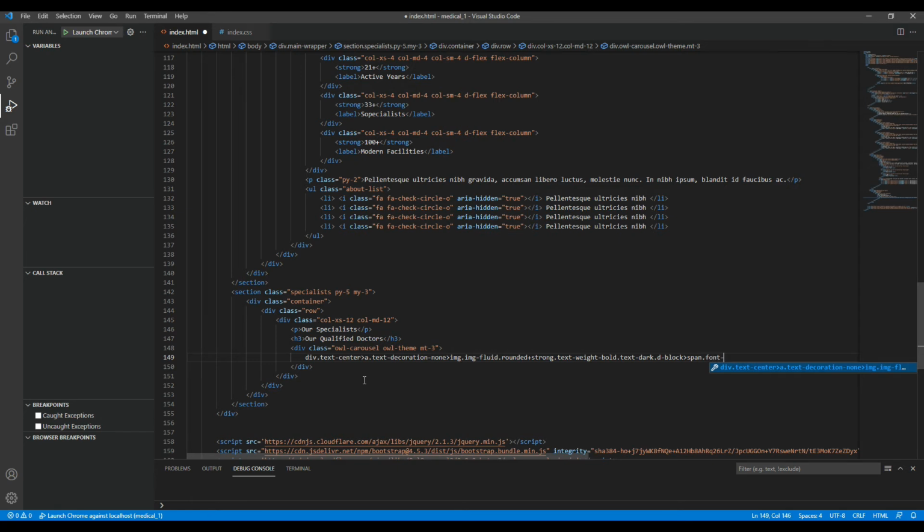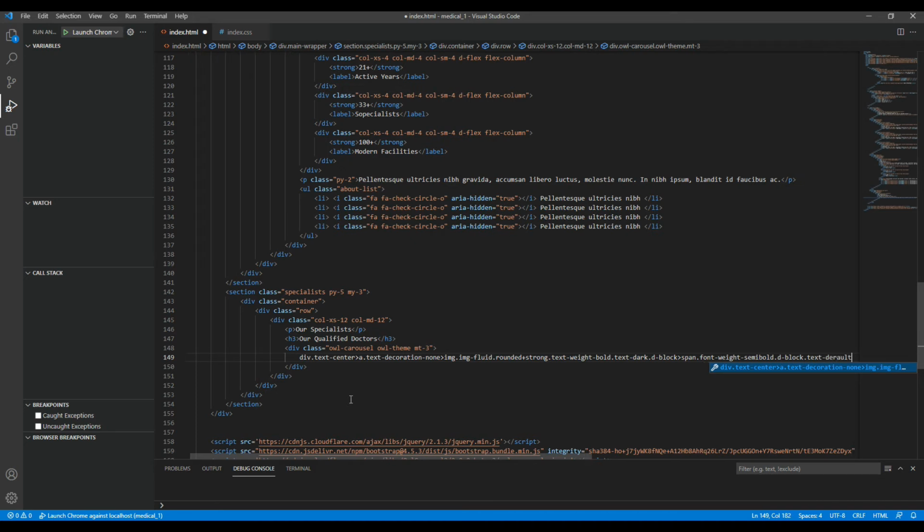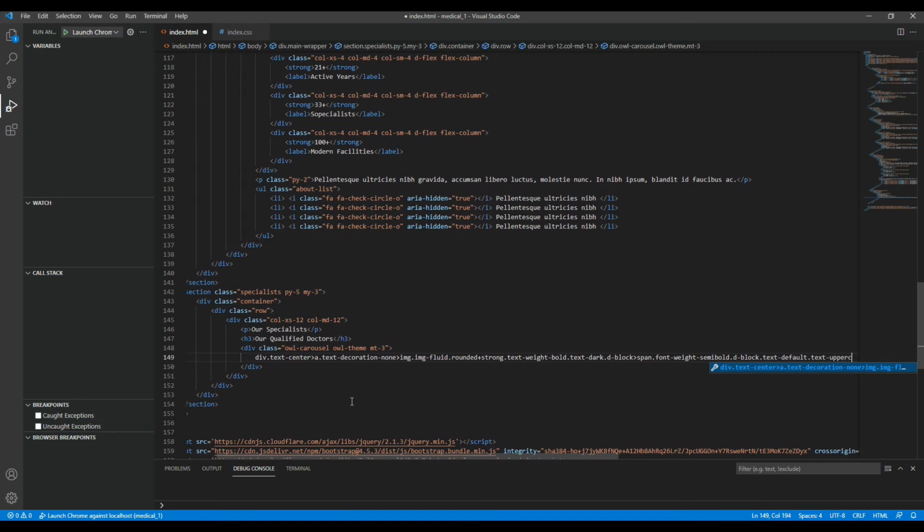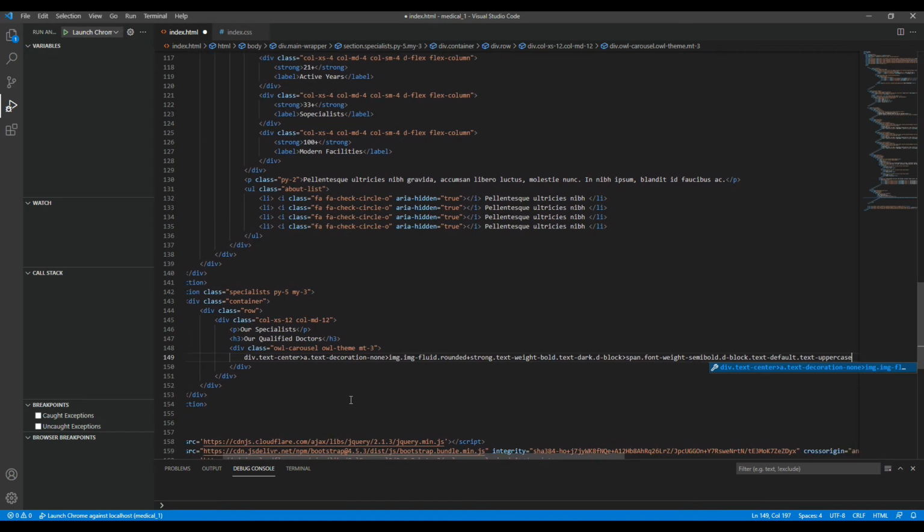We have a span, font weight semi bold, display block, text default, and text uppercase. So if we do that,